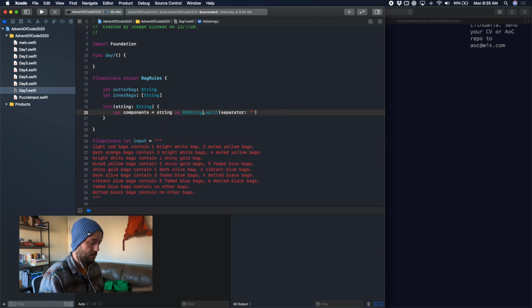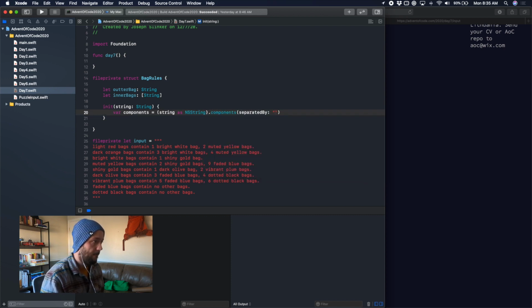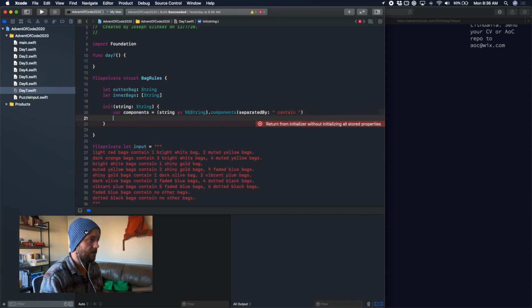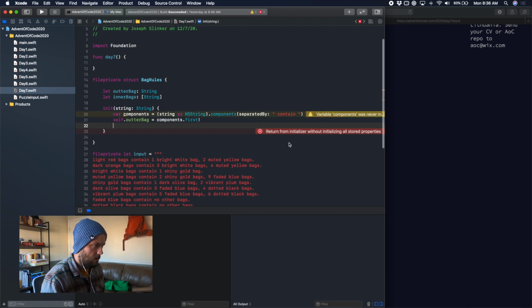We're going to use the as in a string trick again because it gives us the thing that we want. And we want components separated by contain. So that will split it right here, and it will give us this bag and this part and this part. So then what we're going to say is self.outerBag equals components.first, and then for the next part, we are